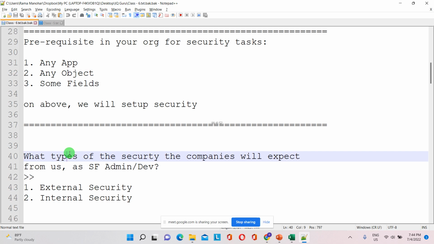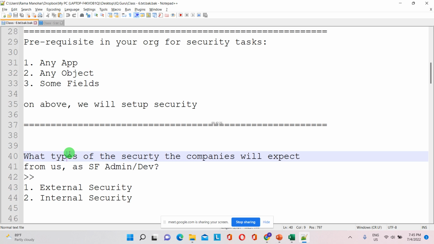Any idea? External means department to department, as you mentioned, like HR data cannot be viewed by another department. Oh, sorry, that's internal. External means like data cannot be viewed by